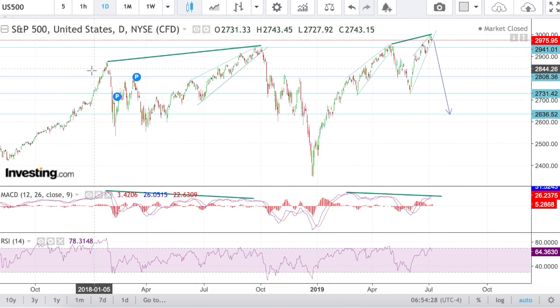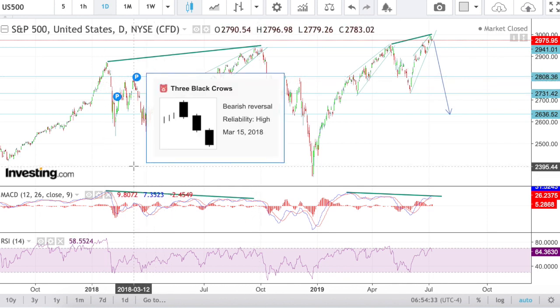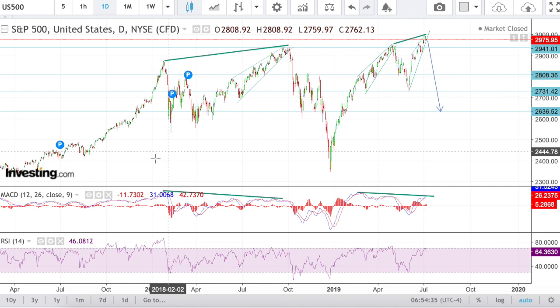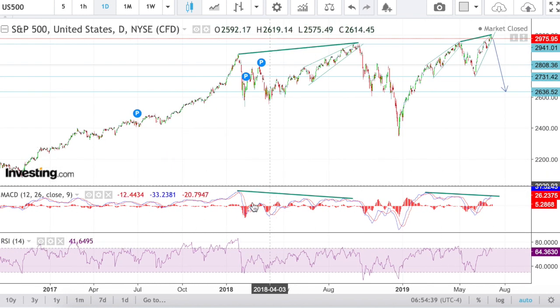So we had divergence here all the way through 2018, and the divergence is actually better on the weekly chart, but you can see it here on the daily chart. We have one high here, and the stock market actually continued on higher, and the MACD, on the other hand,